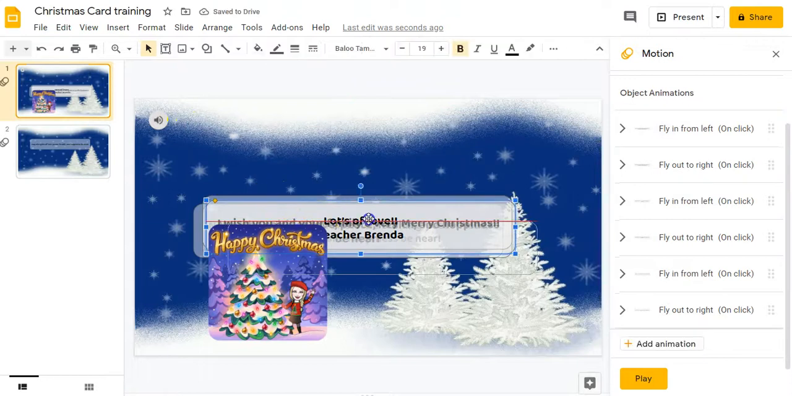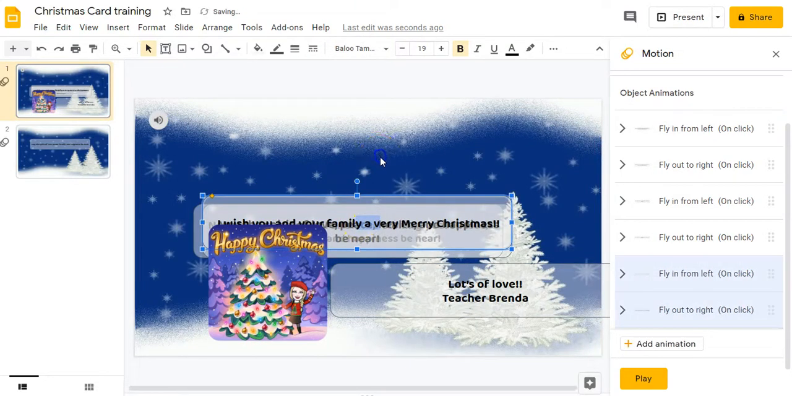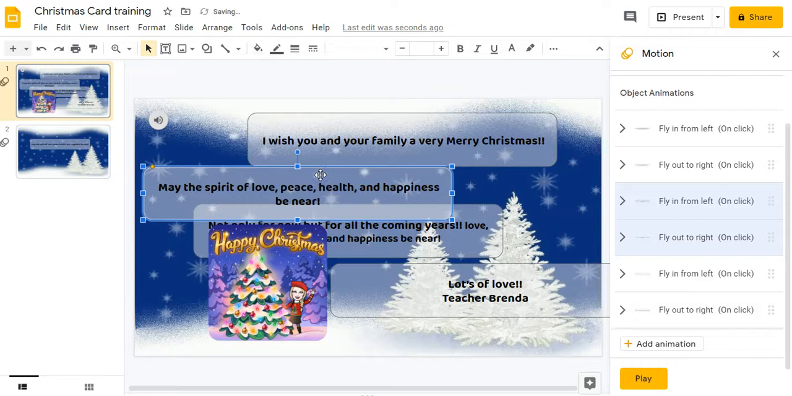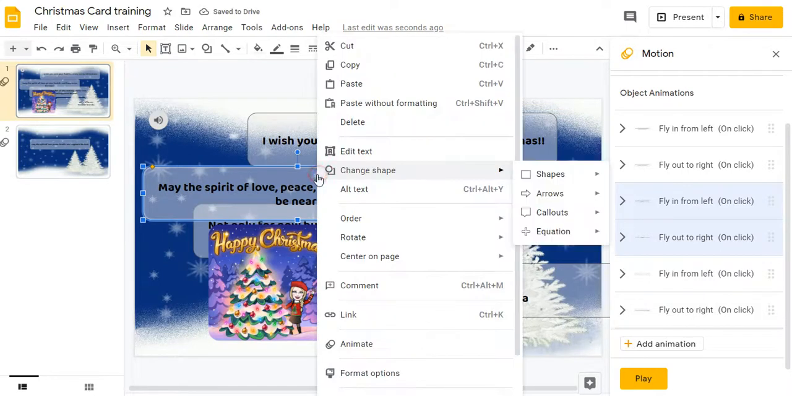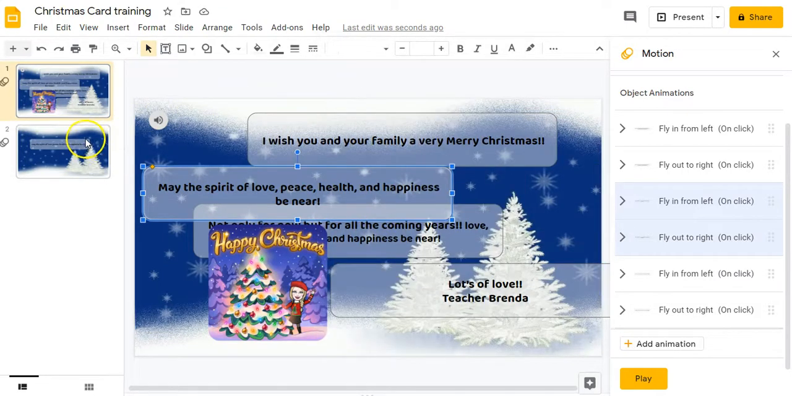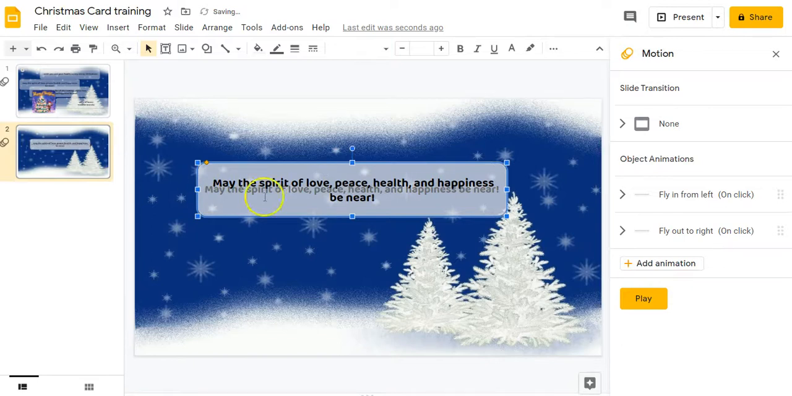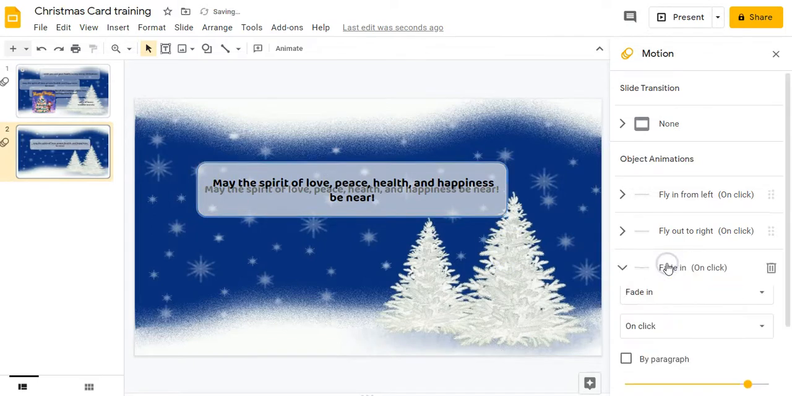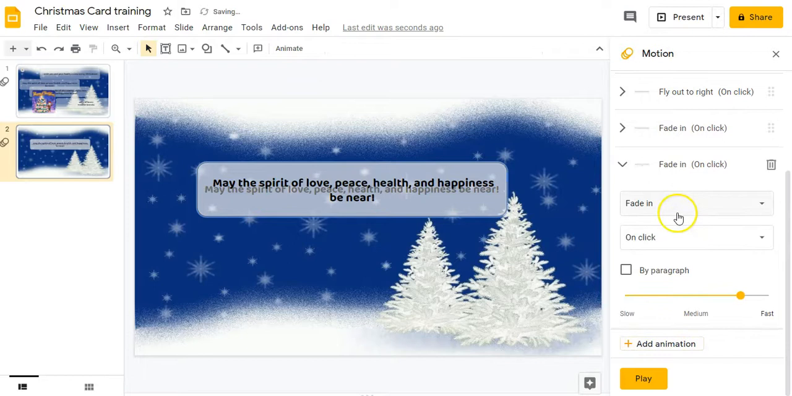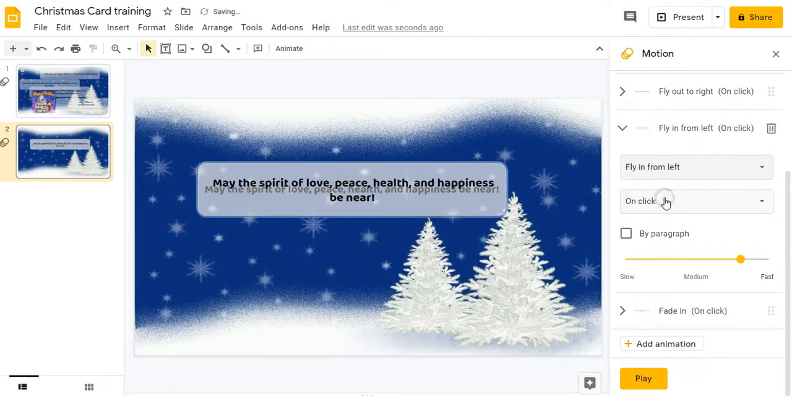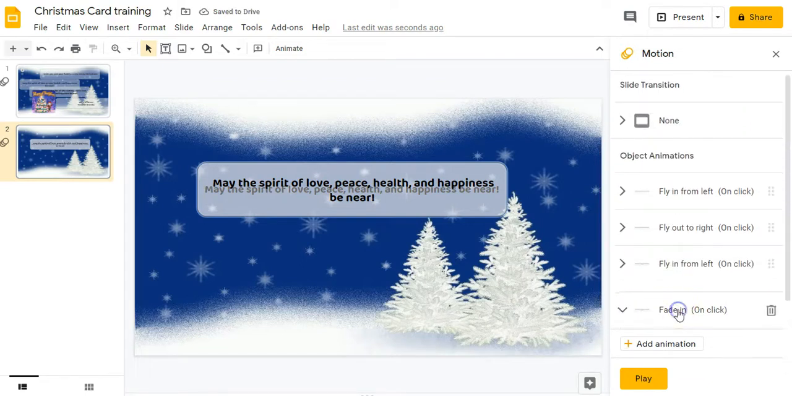Then I'm going to find my next line. Okay, this is a good one for a second line. I'll copy that one, put it on my slide. I'm going to put it in the same position. And I'm going to add two animations, 1, 2. And the first one is going to fly in from the left, and the second one will be flying out